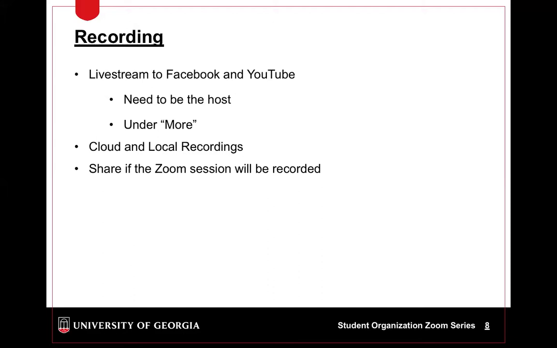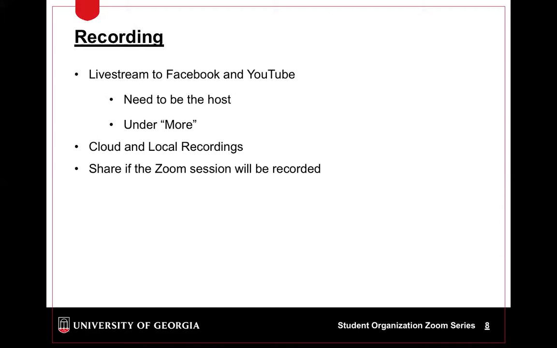You also can record it via the cloud or locally. And so by saving it to the cloud, it saves it to your Zoom account so you can access the recording anywhere and then share it out. You can also set it up to where if you're saving it to the cloud that everyone that was in the meeting automatically gets sent the recording, or you can also set it up locally and have it saved to your computer. And the really cool thing about that is when you're done with the meeting, it saves not only the video, but then also saves the transcript of the chat, saves just the audio. So if for some reason you just need the audio clippings to make another video, or you want to be able to use it in the future, it saves that in addition to the actual full-on recording with audio and video.